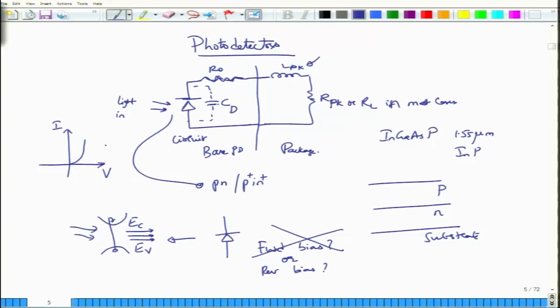This is not a very nice way of finding out the amount of power that you have sent in, because you are trying to deal with this change in the current, which may be very hard to do, especially given the fact that most of the light incident on the photodetectors is in the communication regime, where light power is quite weak, okay. So, this is not a very good way of operating this device as a photodetector. What you want is to have a current, which we will call IPH, which stands for the photocurrent,